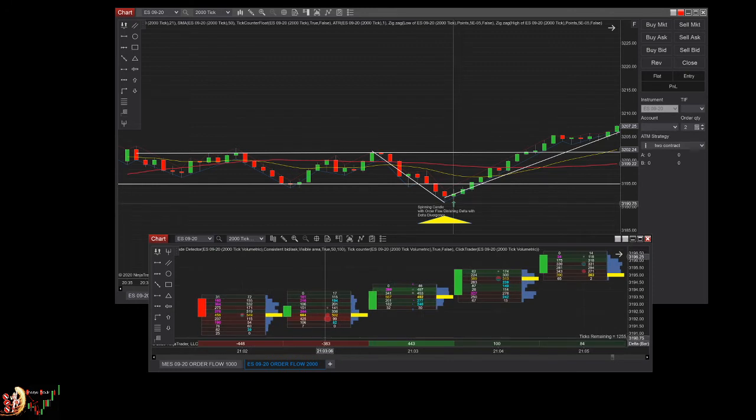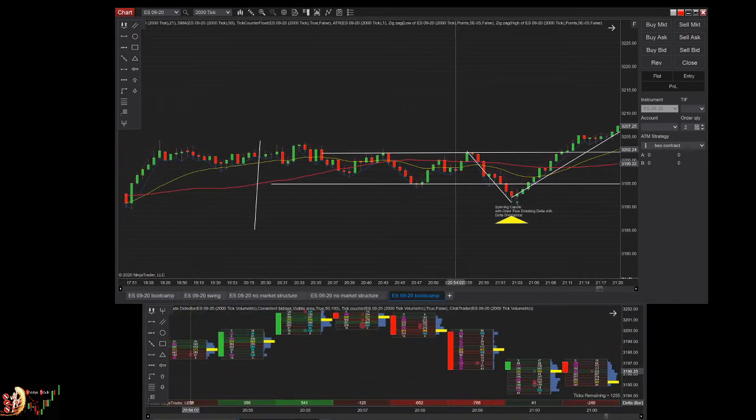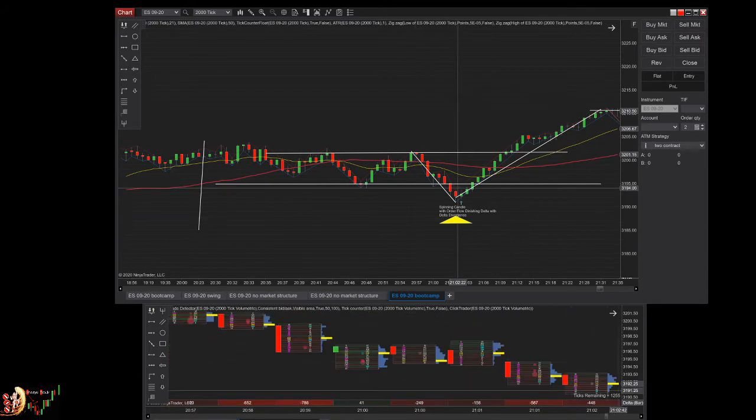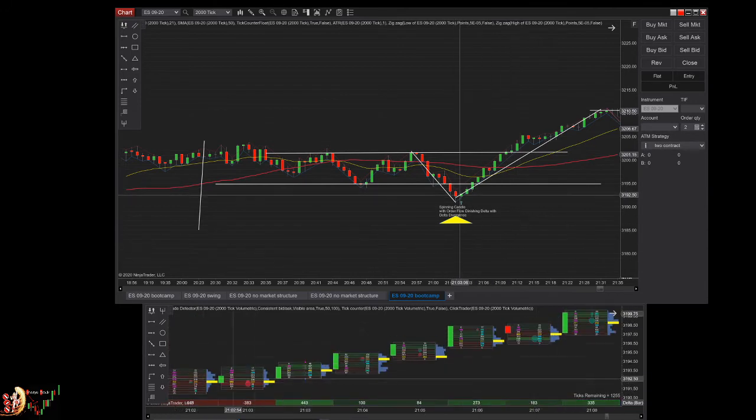And then I see that there is a delta divergence. I don't know if we call it delta divergence exactly, but I can see that we have a green candle that closed and a delta that is negative. I do see here that people tried to push the price down, but they failed, so there was some absorption over here. So the context of having those 3 deltas going down, plus an absorption, plus my candle, plus the market situation being kind of a breakout, and we know that usually breakouts fail and they will retest the low of the channel most of the time, all this made me take this trade.